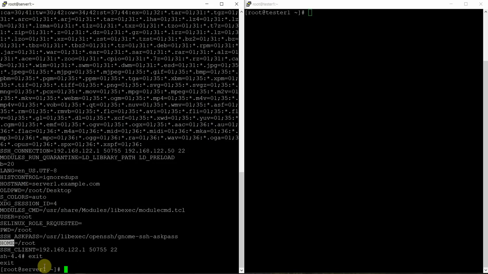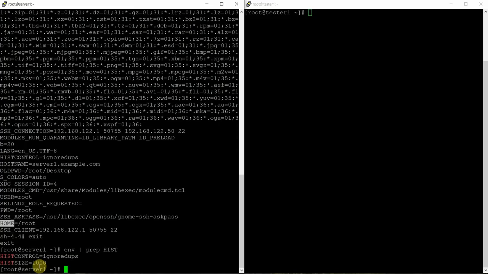Like if you exit from here and use env, then grep hist, it will give you all the variables which have hist in them. For example, HISTCONTROL, and HISTSIZE is 1000, as I was talking about.